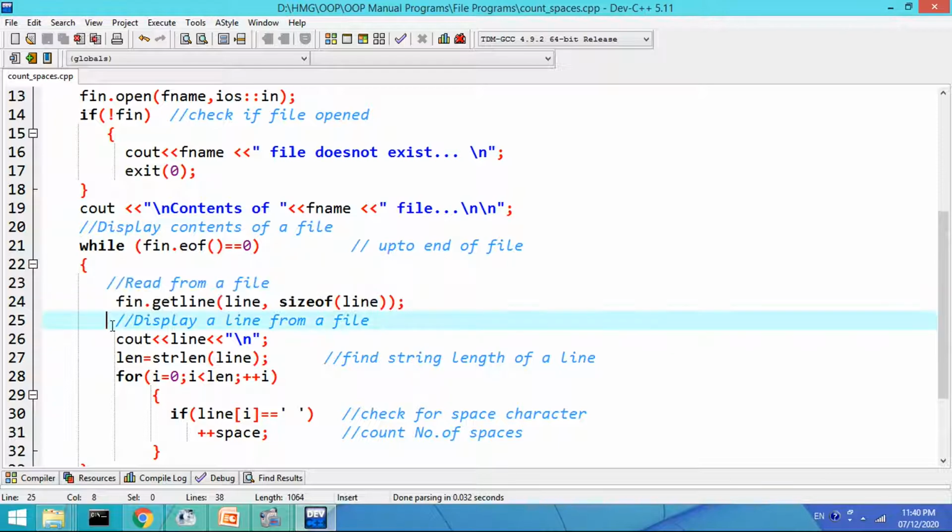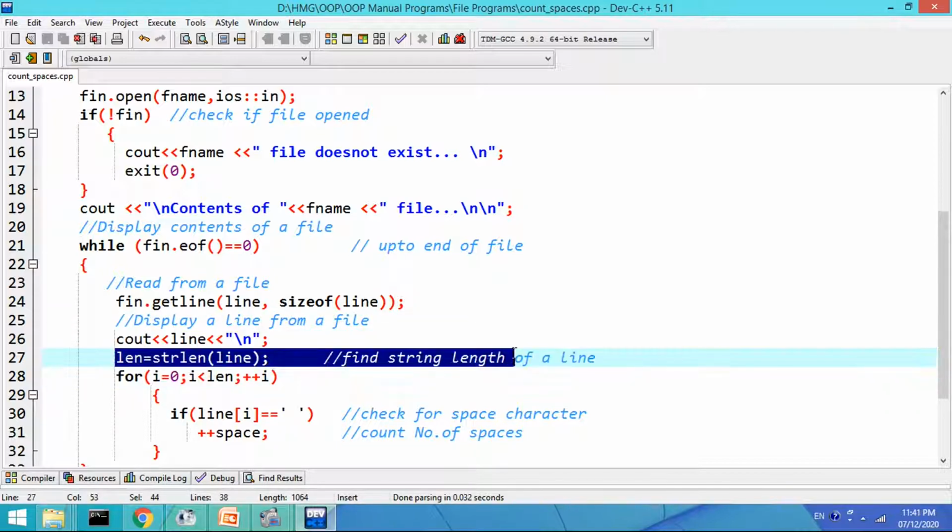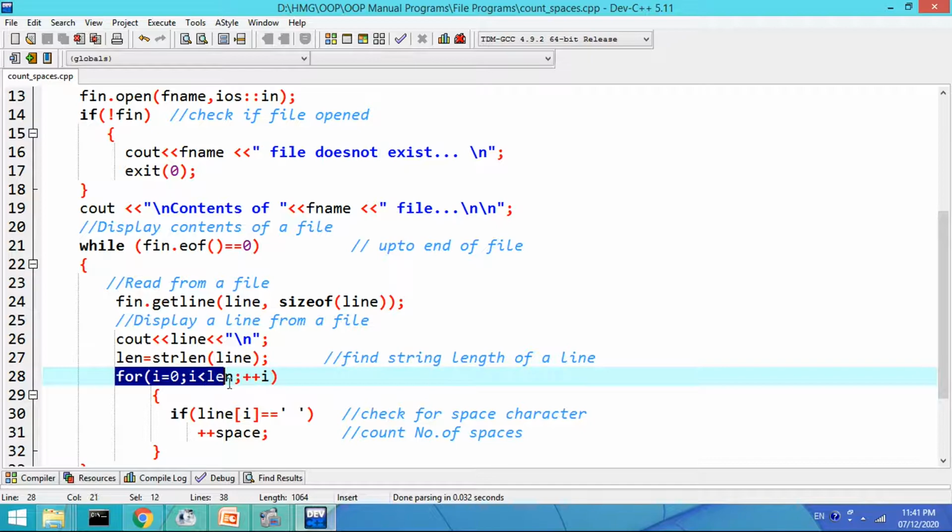Then we will display the line from the file using cout line ending with new line character. Then the length of the line is calculated, that is len is equal to strlen of line. So how many characters are there in that particular line, and according to that number of characters in a line, the loop is set from i is equal to 0, i less than len and i plus plus.